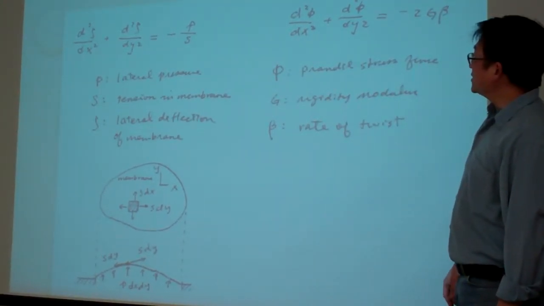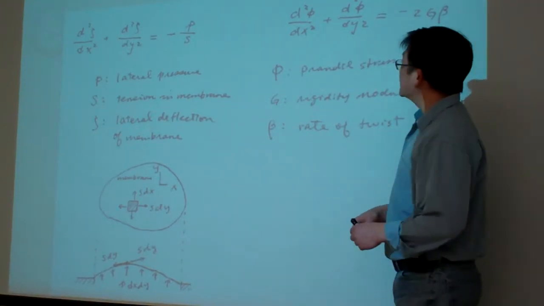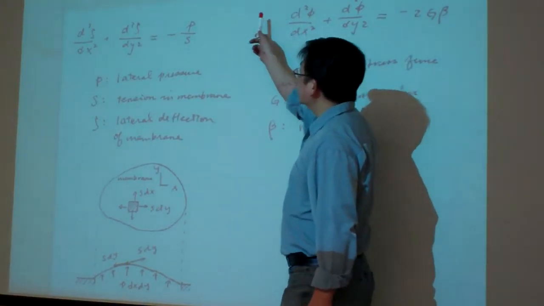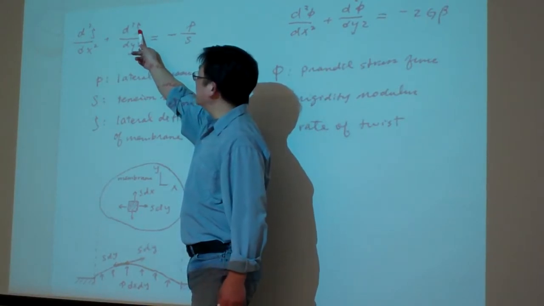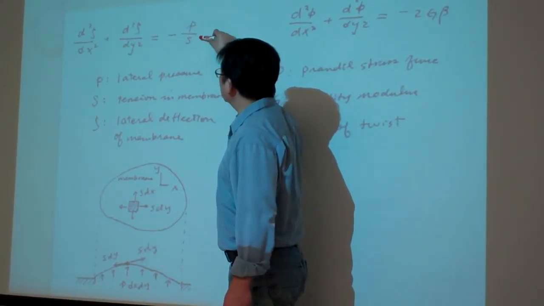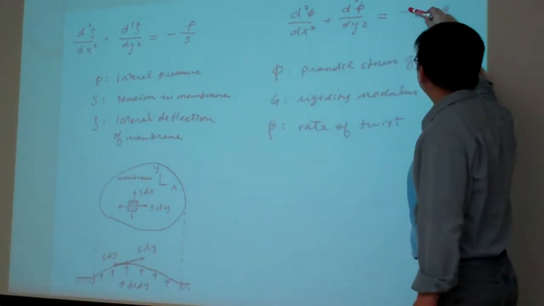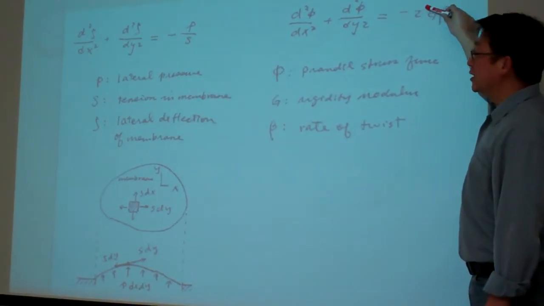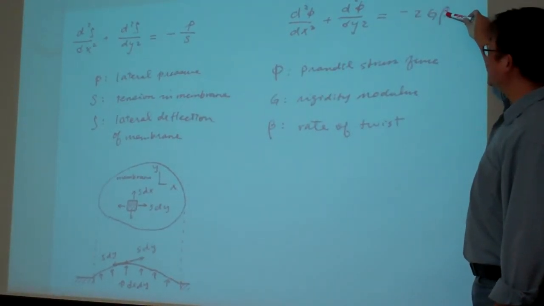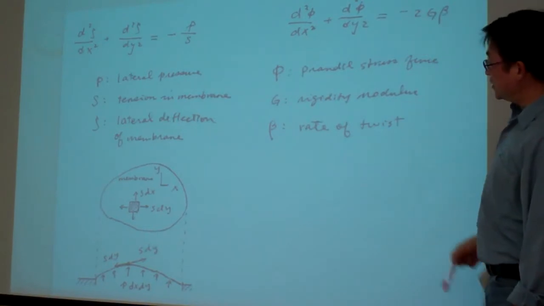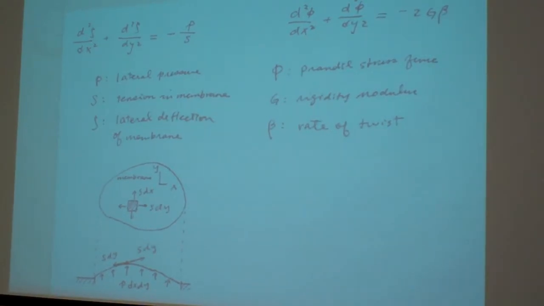And from here you can see by comparison, at least we can say this function is limited to the deflection. The whole thing P over S corresponds to 2G beta. Beta is the twist angle per length. So from here, we'll be able to do something. And